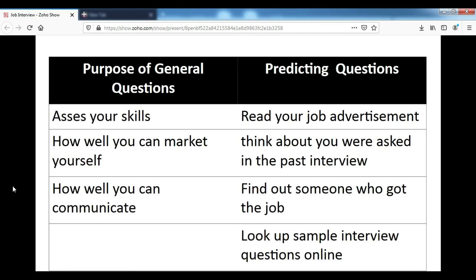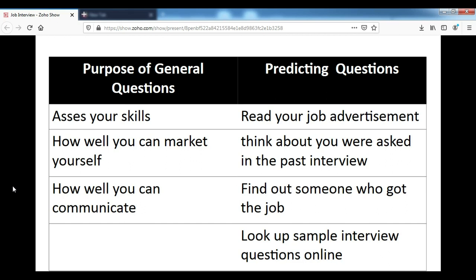So in the general questions stage, the purpose is to assess your skills, how well you can market yourself, and how well you can communicate. To predict which questions will be asked in this stage, you can read the job advertisement. For that, you can think about the questions that you were asked in past interviews, or